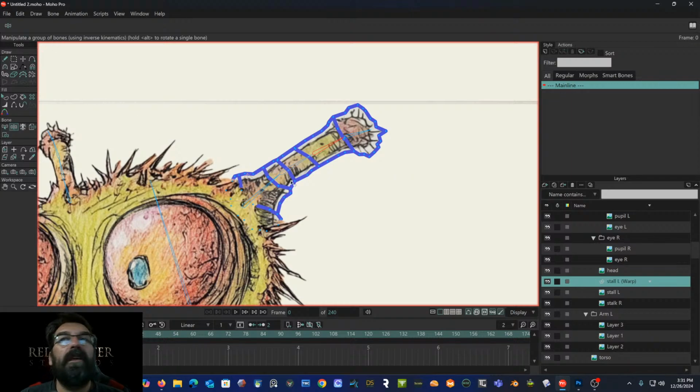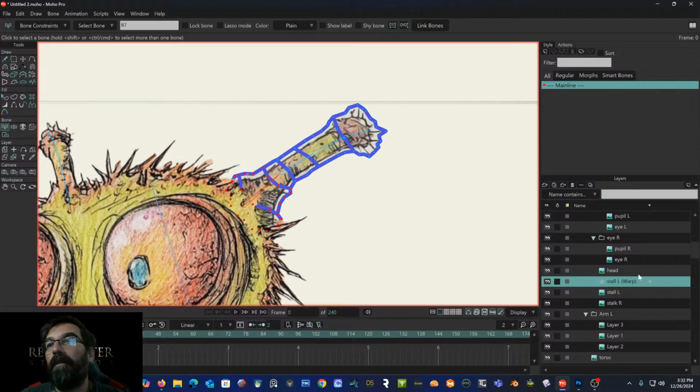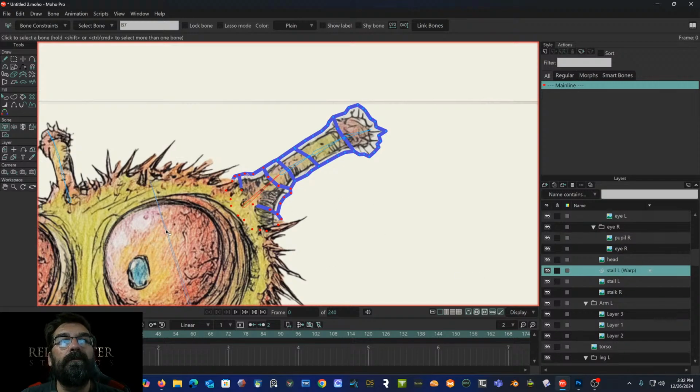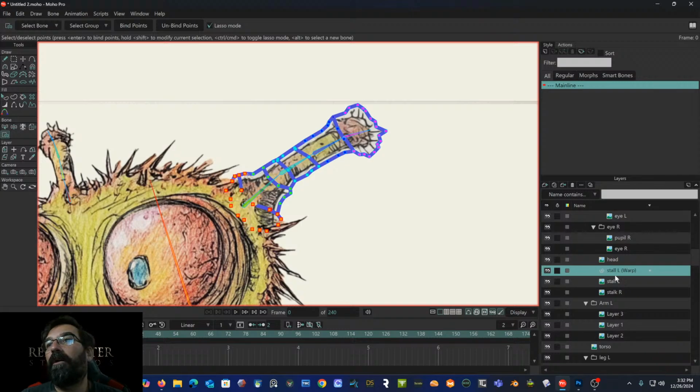So what I'm going to do here is grab that first bone that we had, and all these points in the bottom we don't want associated with that bone. So I'm going to actually grab the head bone and say, hey, all these bottom points here, well, let's just go ahead and take all these because we don't need all that. We're going to associate all those with that head bone. You'll see what I mean when I come back up to our